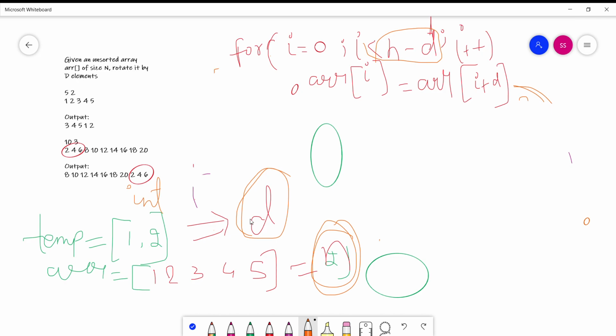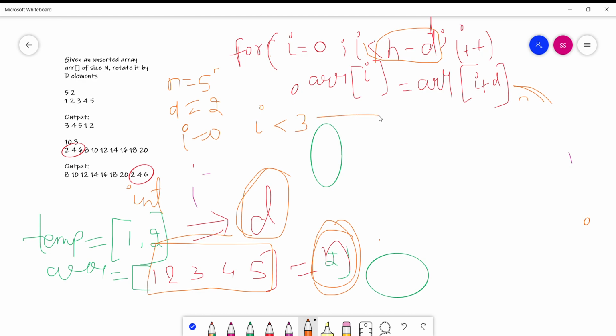Suppose the value of ARR is 1, 2, 3, 4, 5, but we have to traverse it from I equal to 0 to I less than n minus d. So in the previous example, the value of n is 5 and the value of d is 2. So this for loop will be executed from I equal to 0 to I less than 3.